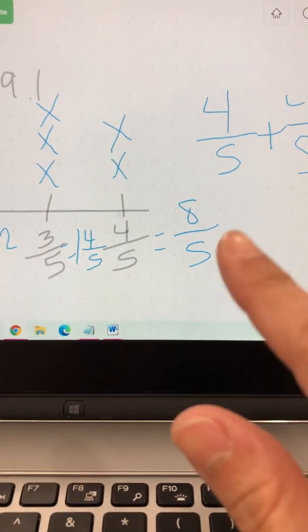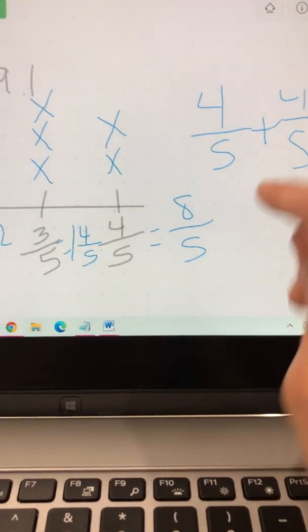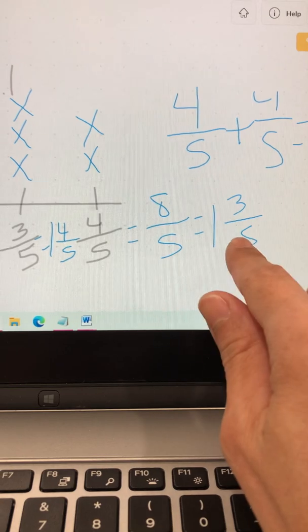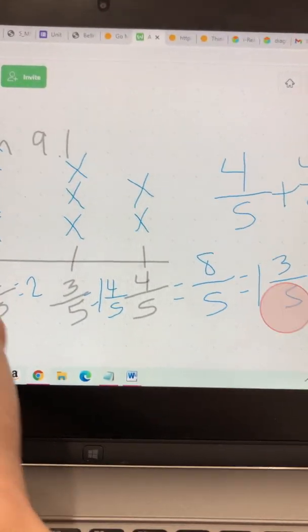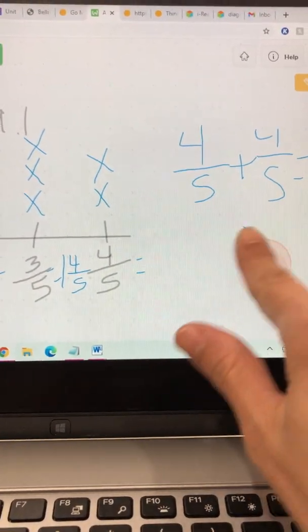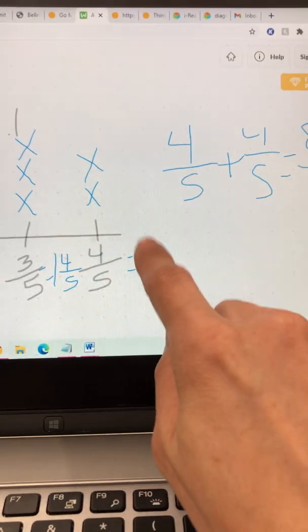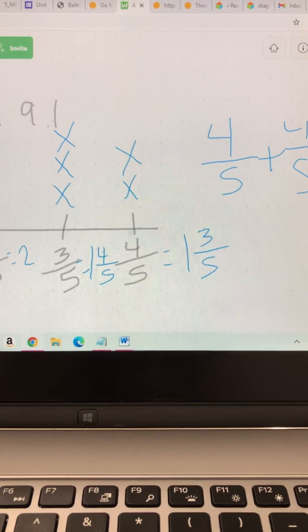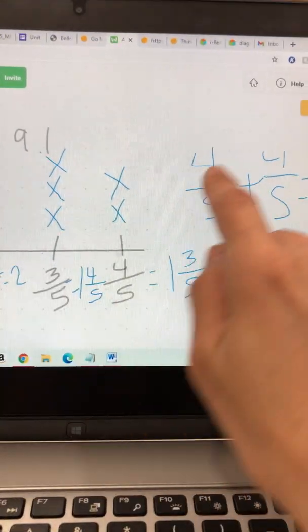Sorry, and then you have to convert it into a mixed number. So that would equal 1 3/5. Okay, so I'm gonna go ahead and erase this and rewrite it as 1 3/5 so that there's no confusion there, okay? All right, so our next step is to